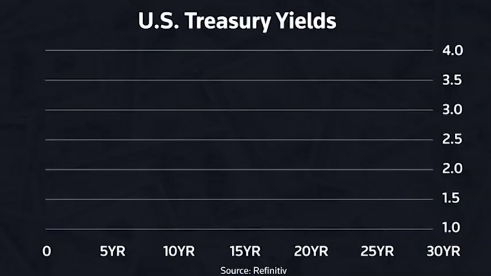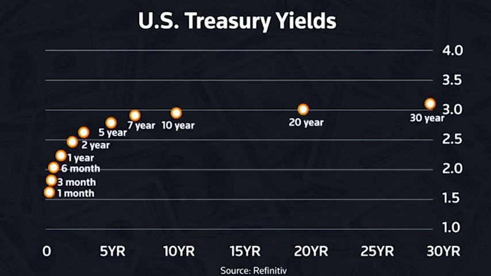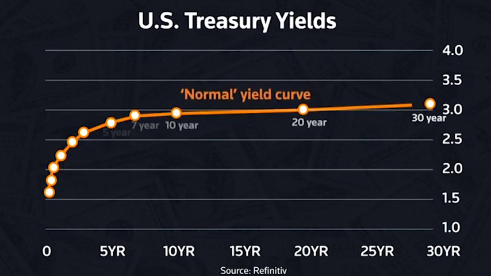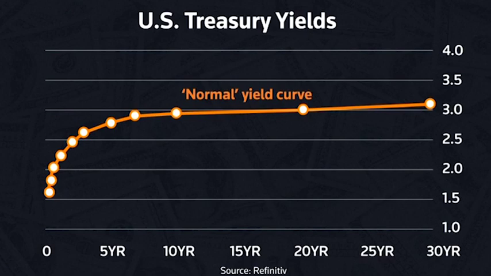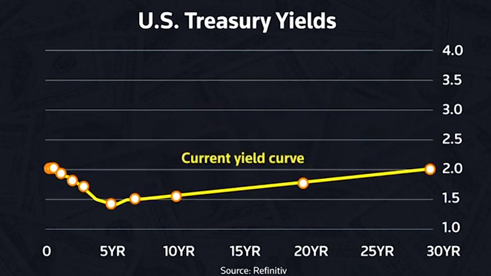It measures the yields on U.S. Treasury bonds. On the bottom, you see the different bonds, from the shortest at 1 month all the way out to the 30-year. And normally, the longer the term on the bond, the higher the yield. This is what's thought of as a normal yield curve with a gentle upward slope. But when investors start thinking that the long-term outlook isn't so good, the curve can start to look, well, like this. That dip, with the short-term bonds above the long-term, is called an inversion.